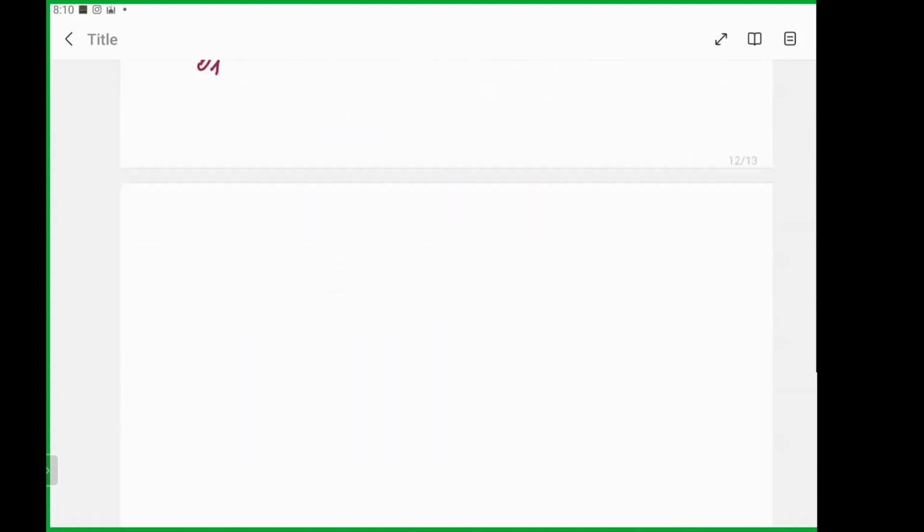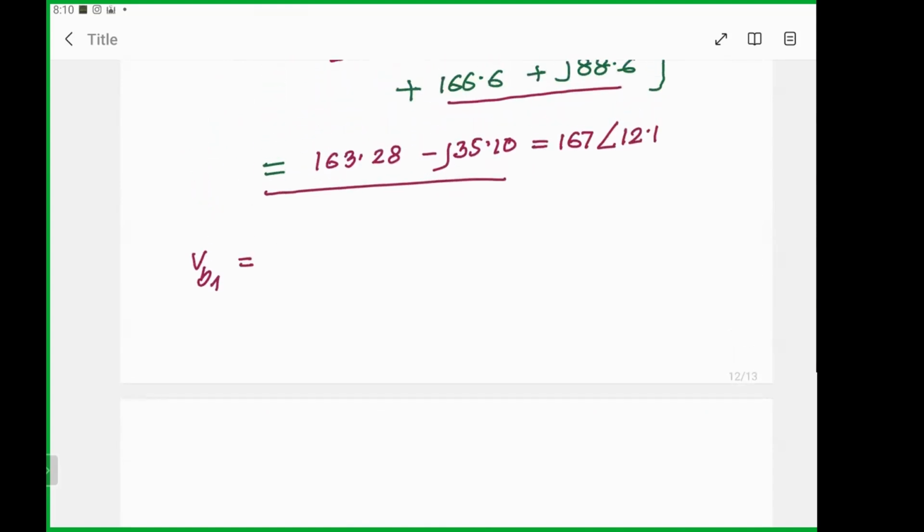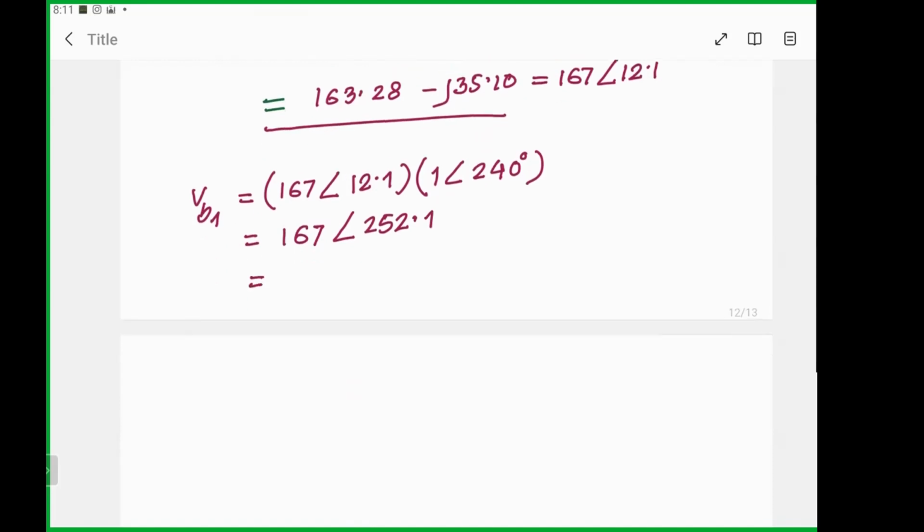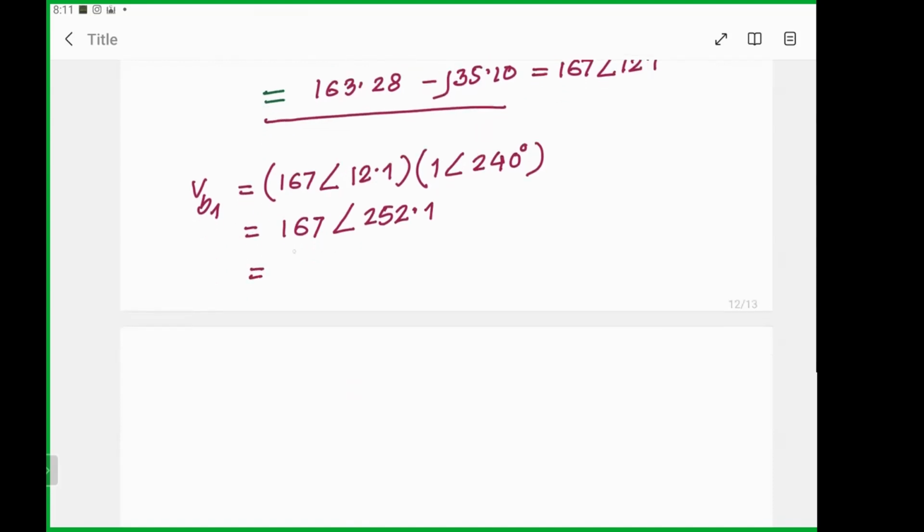So you can take this one as 167 at an angle of 12.1, and that has to be multiplied with 240. So if you do this, that will be 167 making an angle of 252.1. So if you convert it to rectangular form, that would be